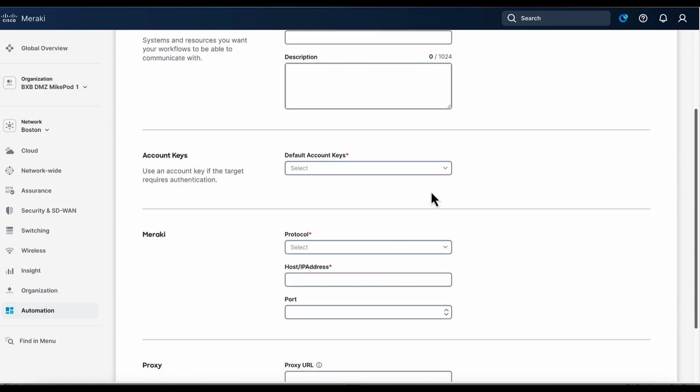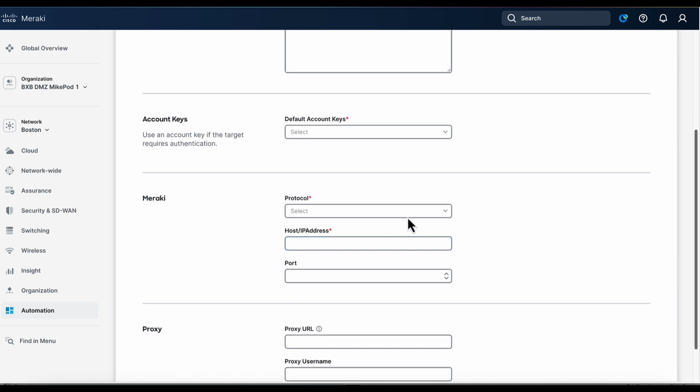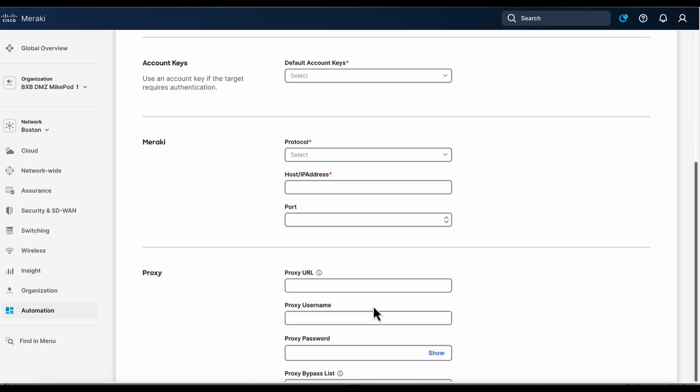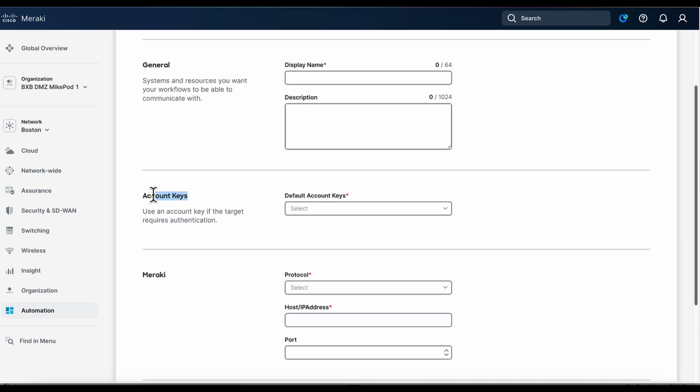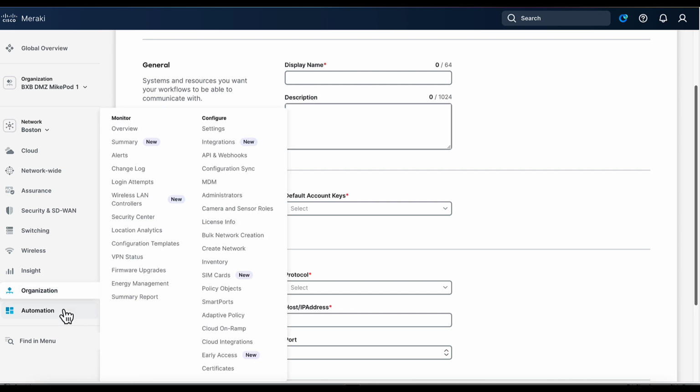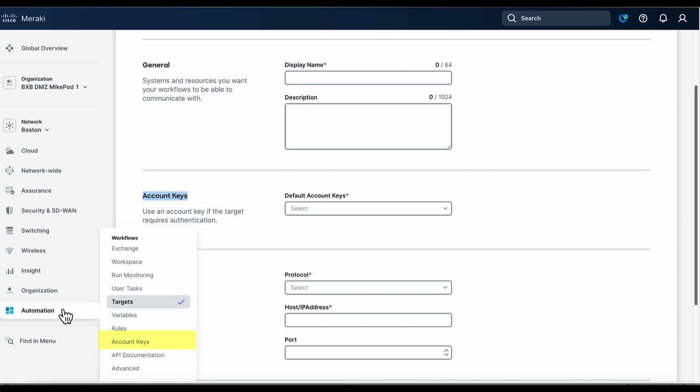Then here we see something that looks like we just viewed. What are my account keys? That's my organization's API key. And then information about how do I reach the cloud. So let's dive down on account keys. Where do I set that up? If I want to add my API key for a Meraki endpoint, I go to automation, and I go down here to account keys,